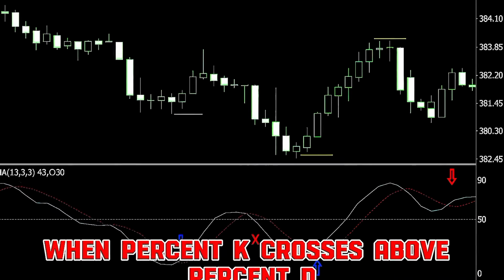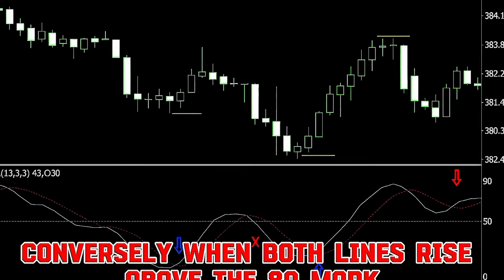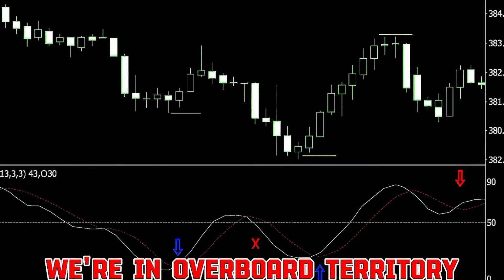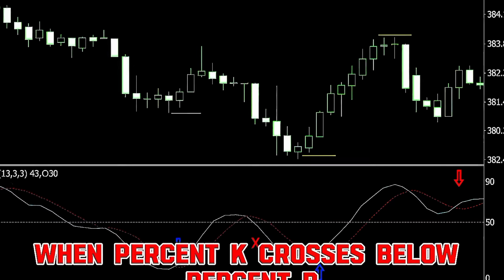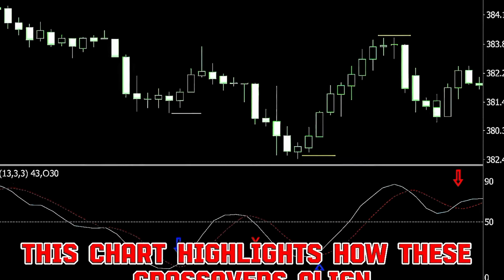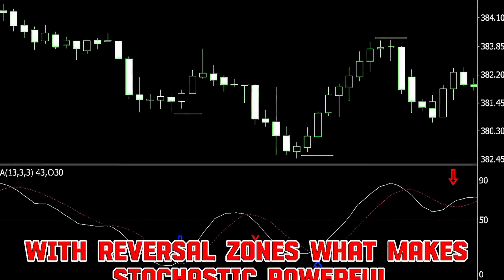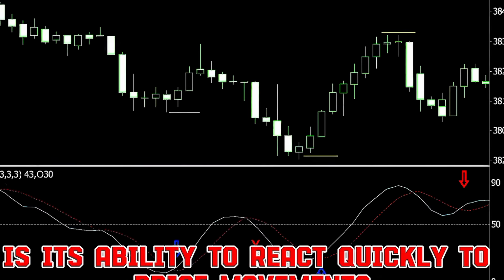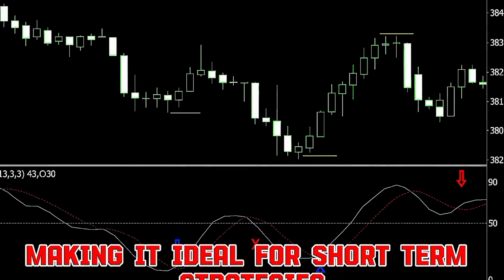Conversely, when both lines rise above the 80 mark, we're in overbought territory and a sell signal is triggered when %K crosses below %D. This chart highlights how these crossovers align with reversal zones. What makes Stochastic powerful is its ability to react quickly to price movements, making it ideal for short-term strategies and